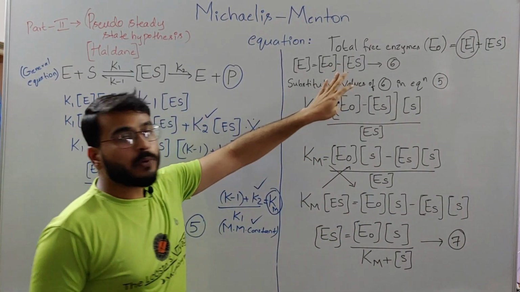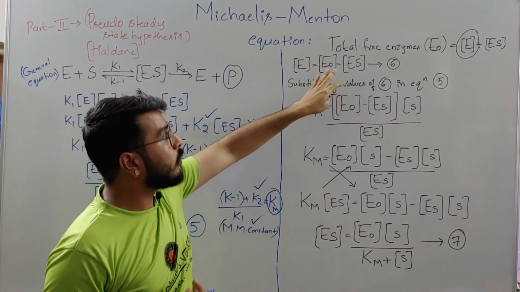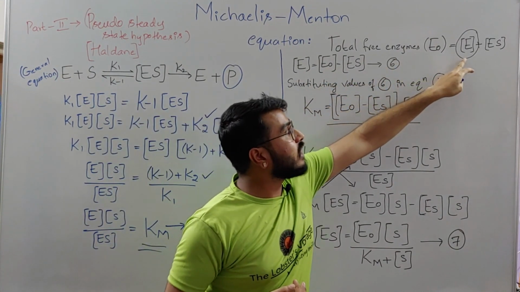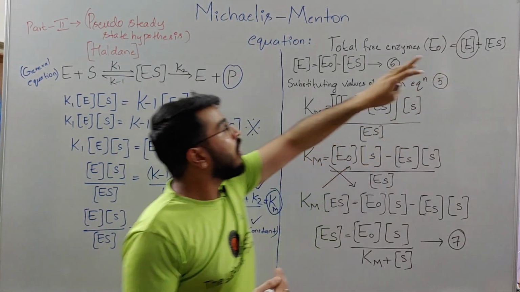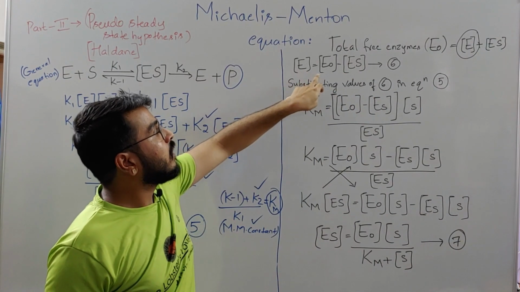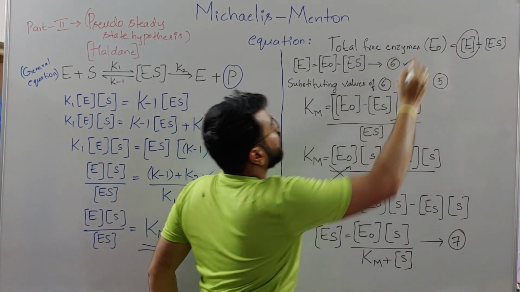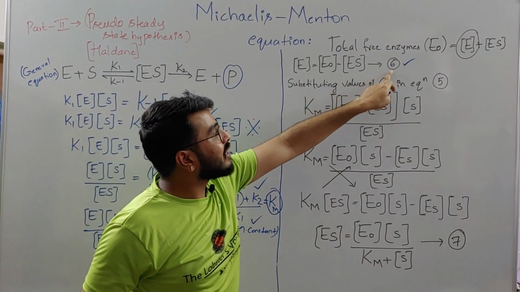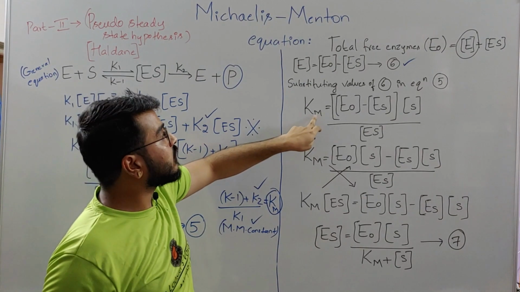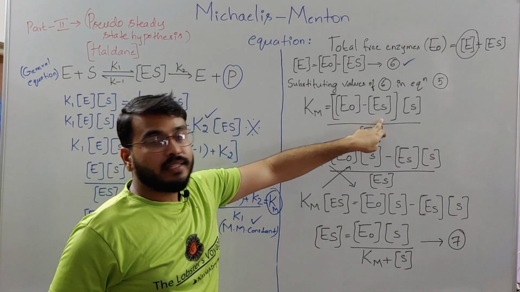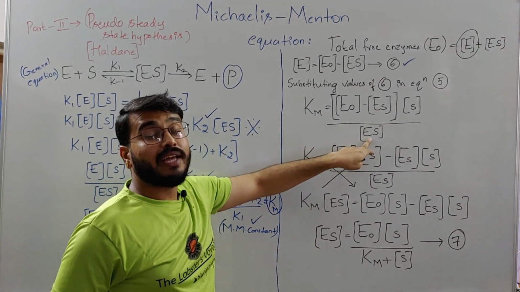Similarly, while you want to calculate the total free enzymes of the chemical reaction, it is very similar to the first step followed by Michaelis-Menten, where E0 is the total enzyme and E is the free enzyme available in the chemical reaction, and ES is the enzyme substrate complex. Working out for E, we get E0 minus ES, and we take it as equation number 6. Substituting equation 6 in equation number 5, we get Km, the Michaelis-Menten constant, which is equal to E0 minus enzyme substrate concentration into the substrate concentration divided by the molar concentration of the enzyme substrate.